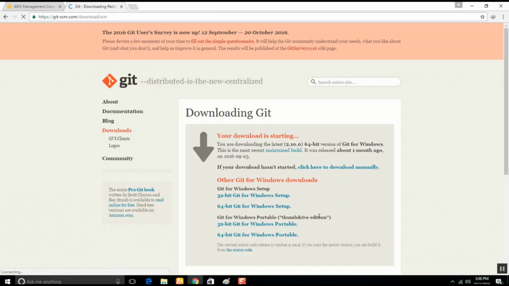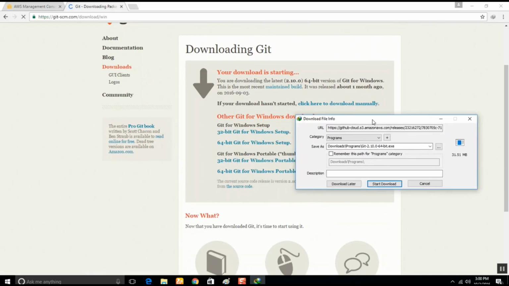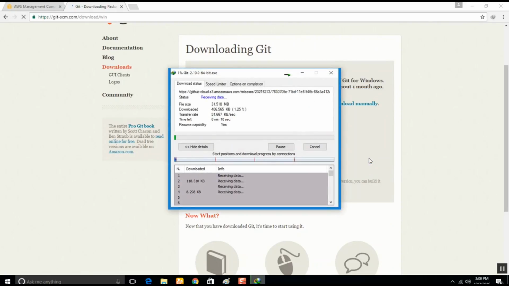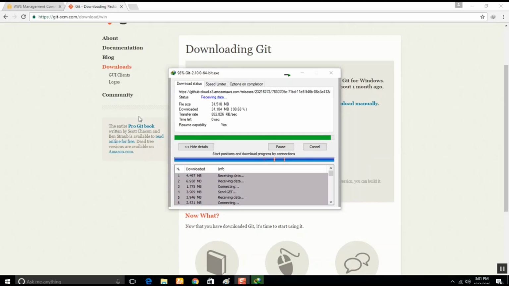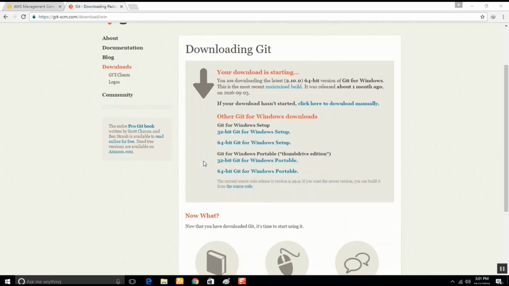It's defaulting to 64-bit as my system is 64-bit, and hit download. Give it a few seconds for the download to complete. Okay, welcome back. It's completed. Now let us install it.